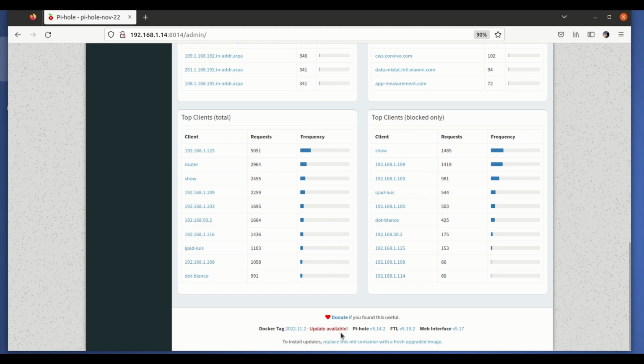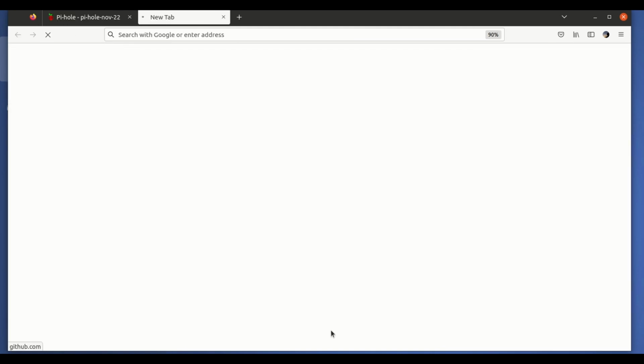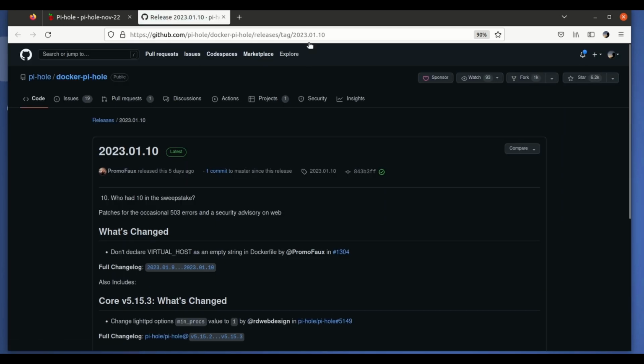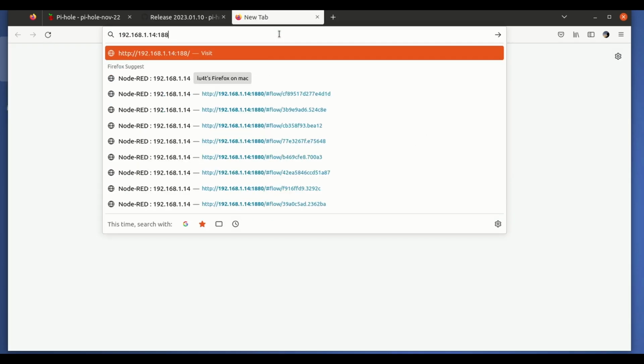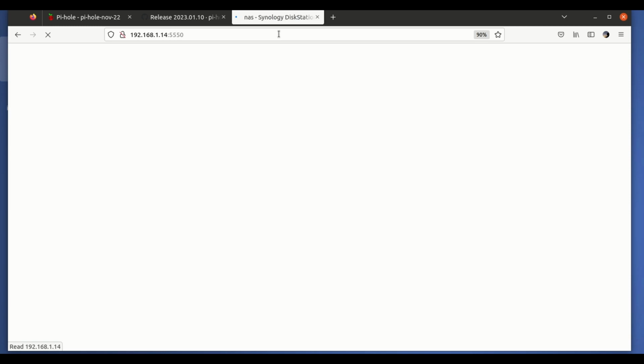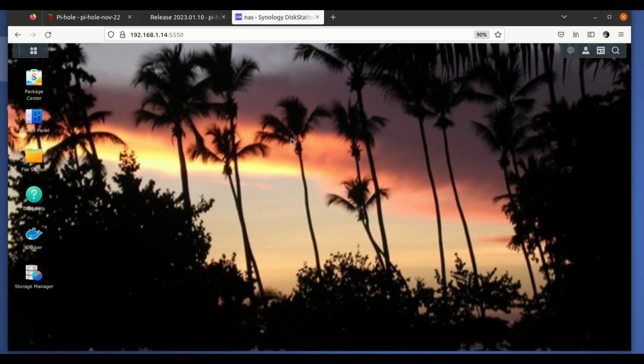If you scroll to the bottom of the page, you might see this message saying update available. If you click on it, you will see the latest release of the container. In this case, this is 2023-01-10. And when you want to upgrade, you have to open your